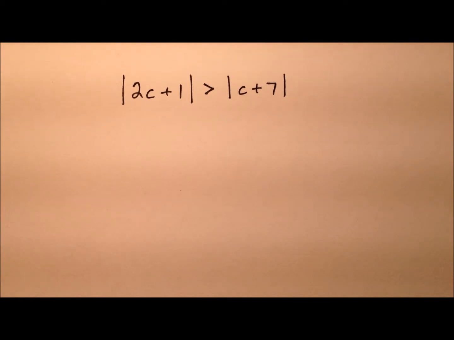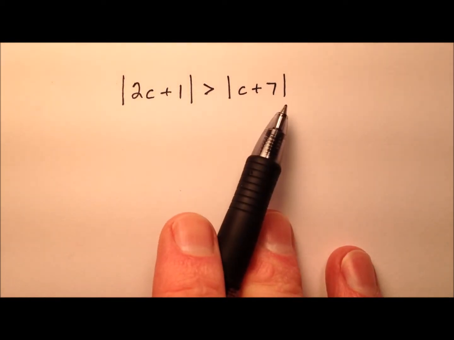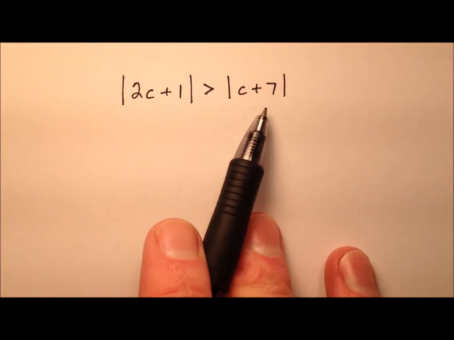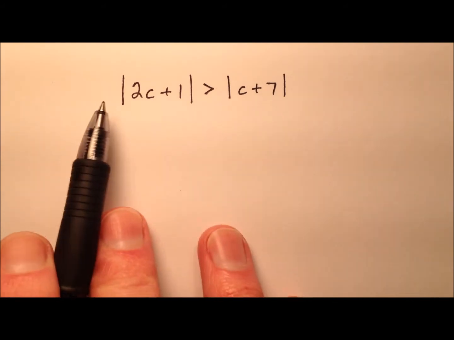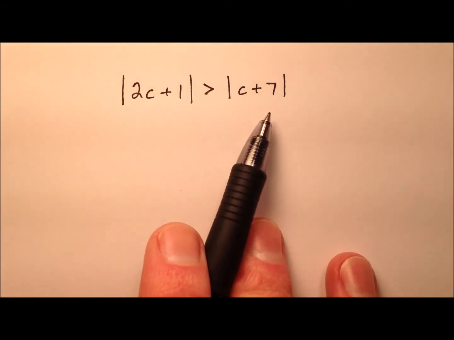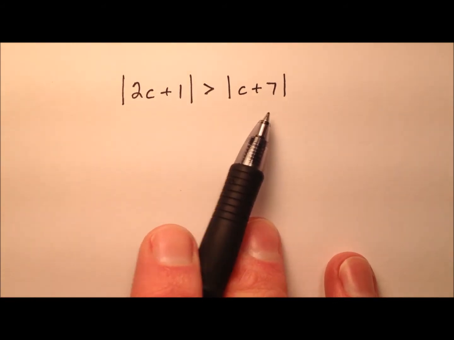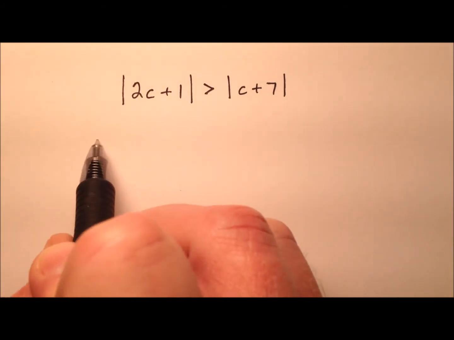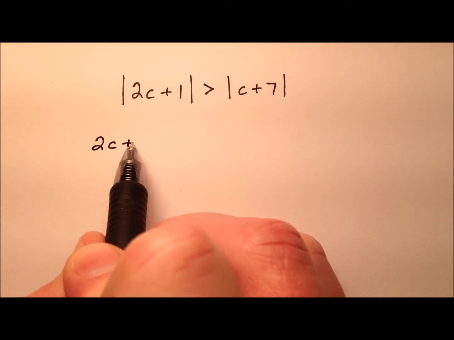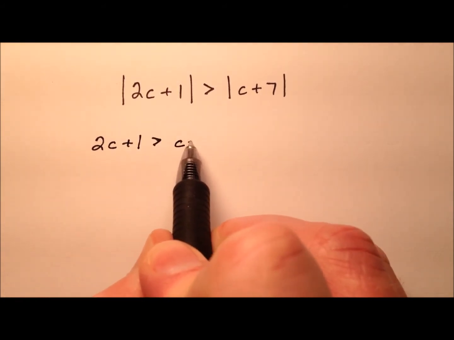In this example, we're going to solve and graph this absolute value inequality. It looks like I have two absolute value expressions, but there are no numbers or variables outside of any of these absolute value expressions. So this one will not be too bad to tackle. I'm going to get rid of the absolute value bars and say 2c + 1 is greater than c